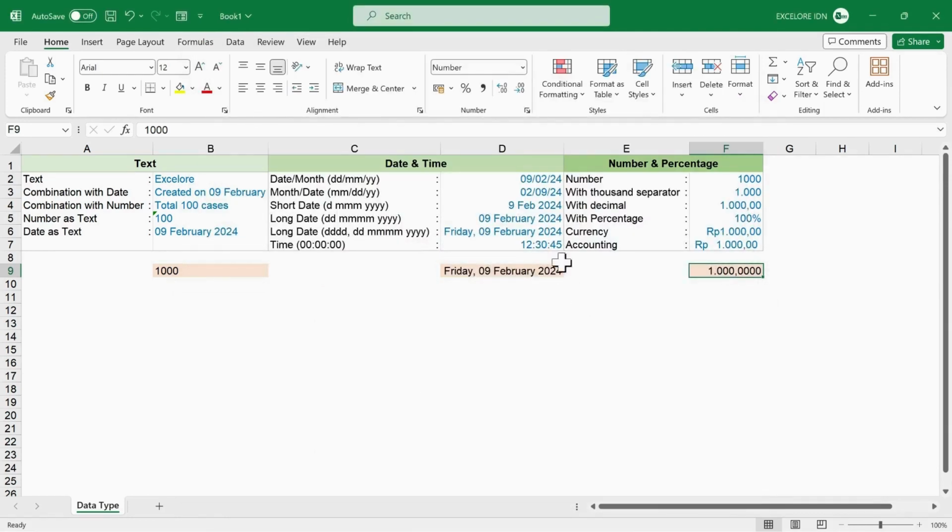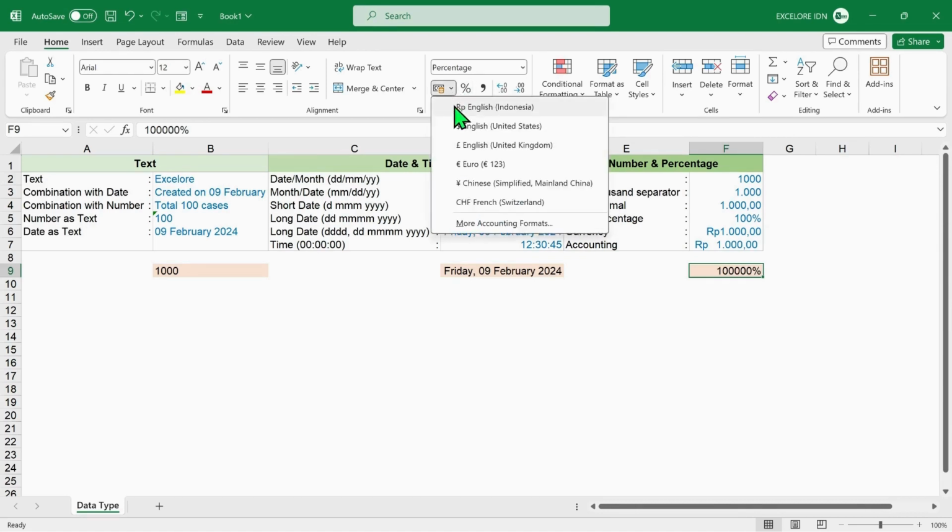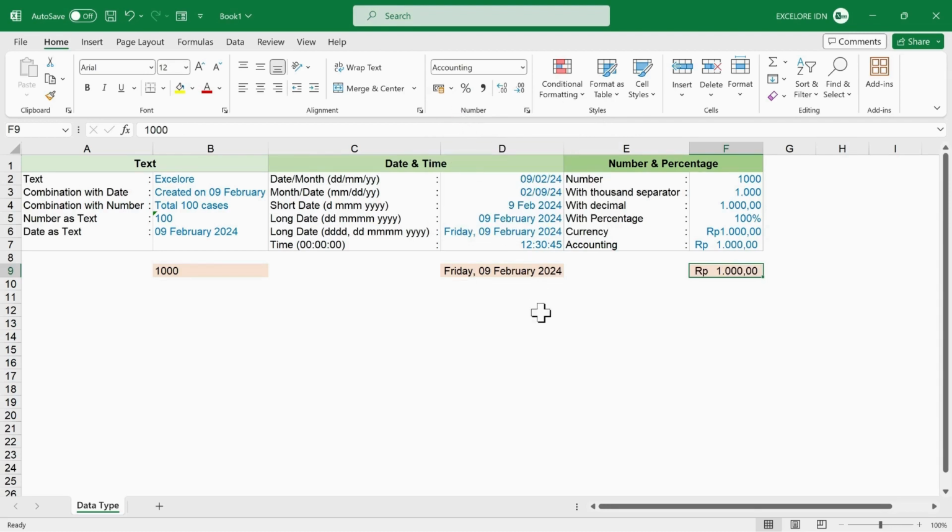To format decimal numbers, we can also click on the comma symbol available on the toolbar. To increase or decrease the decimal places, you can use the buttons next to it. For percentages, simply click on the % symbol. Accounting formatting can be set by clicking this command button and selecting the appropriate format. Okay, that's all about data types.